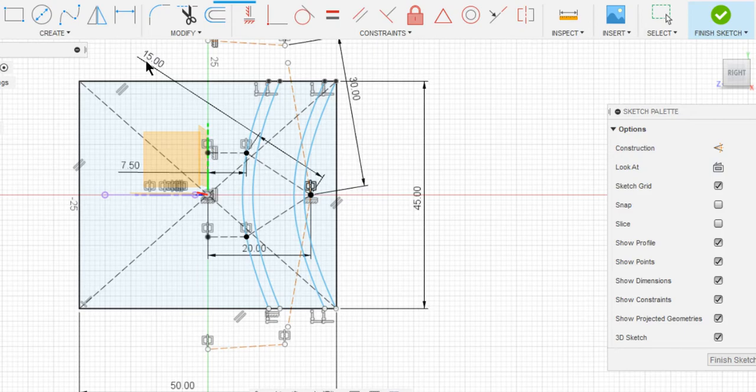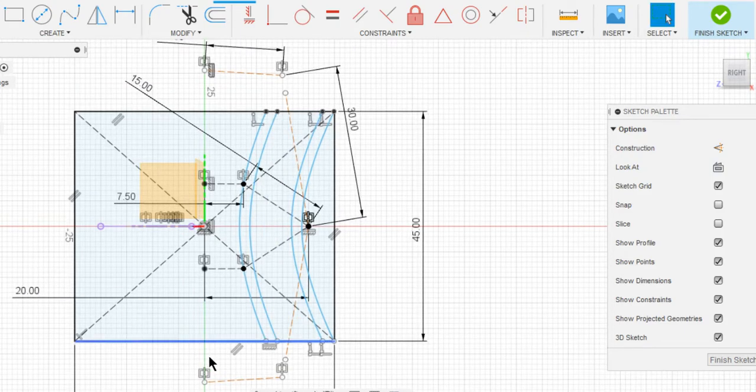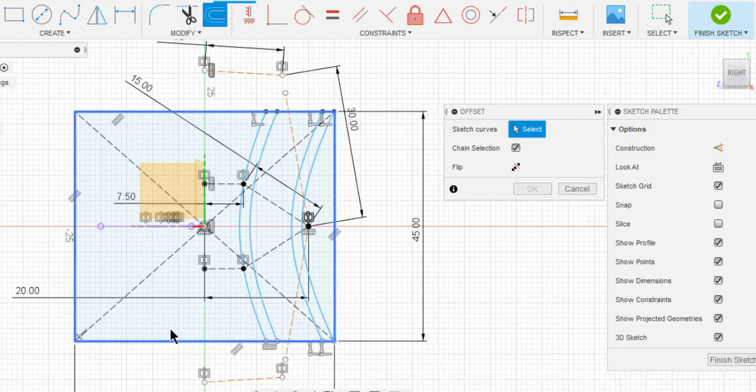Position the dimensions so that we can clearly see our sketch. Now I want you to offset this line so that we'll be placing a circular profile and then we'll be rotating that within the circumference. Just select offset and remove the chain selection. In that way we'll be selecting only this entity.